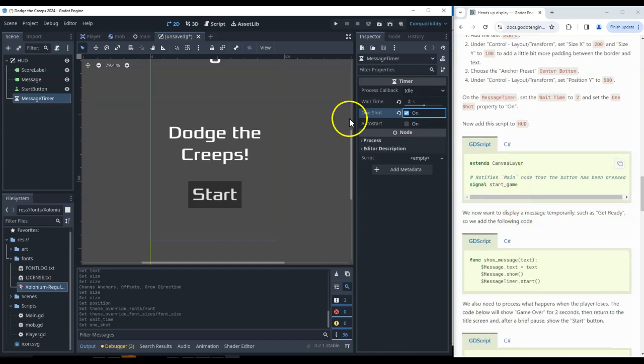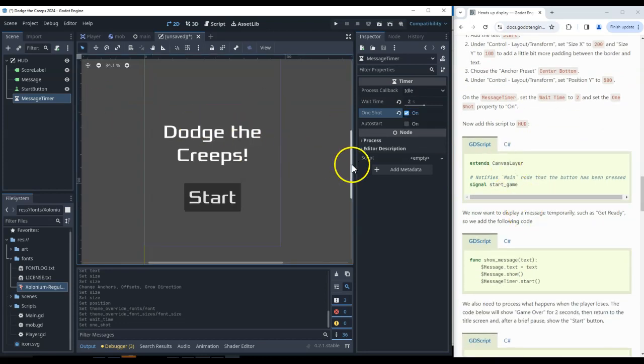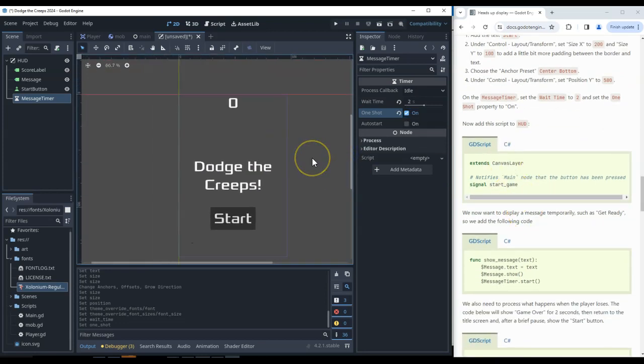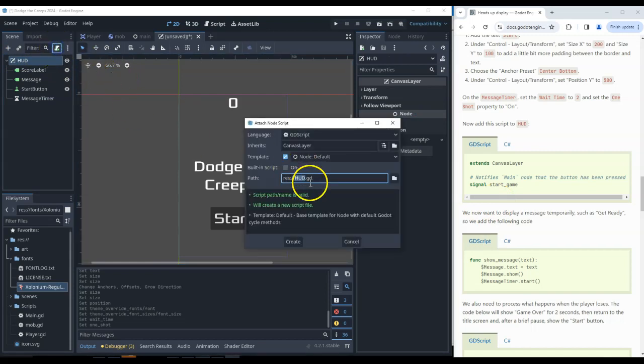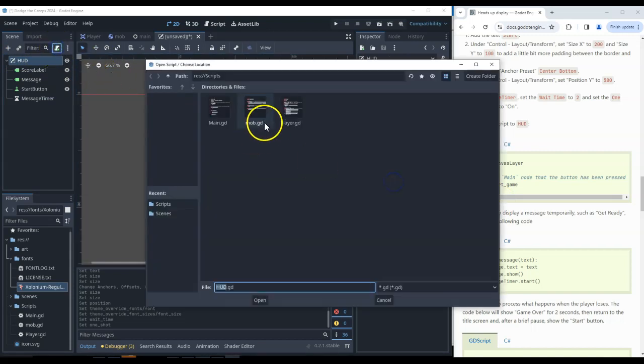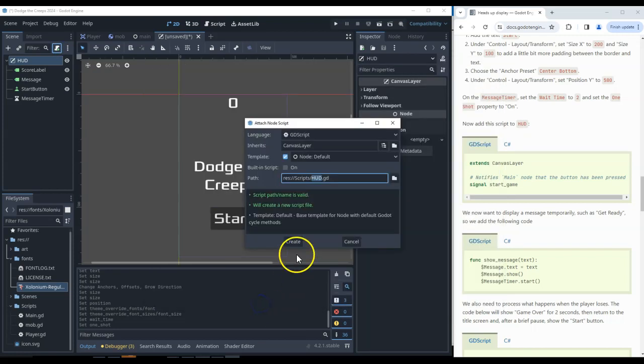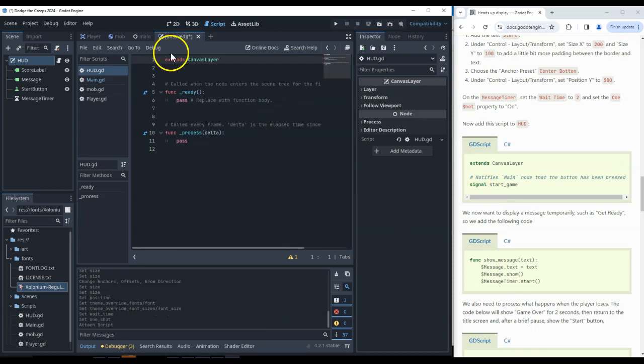All right, that's all of sort of our setup. So we should be looking a little bit like this now. And it's time to start adding some code. So making sure our HUD is selected, let's add a code block to that. I'm going to make sure that I'm saving it in my scripts folder because that's what I'm doing at the moment, and create. Now it's extending canvas layer, that's fine, I've already got that there, and we've got a signal